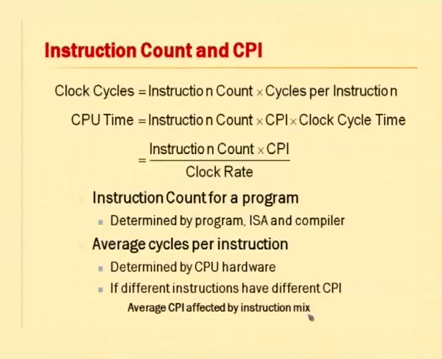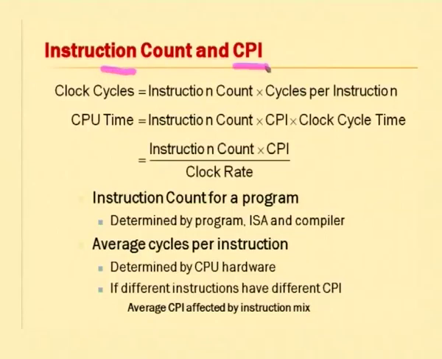So let's look at how these clock cycles that we talked about are measured. We said it's given in terms of clock cycles. So how do I actually get these clock cycles for a given set of instructions being executed on a system? That is what we need to understand next. So here we introduce two new terms now, one called the instruction count and the other called the CPI.